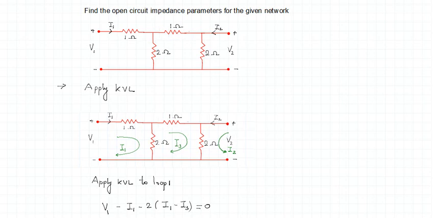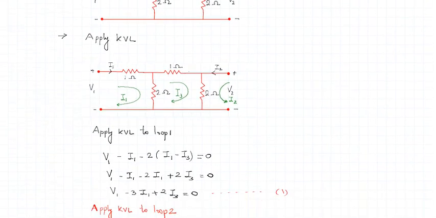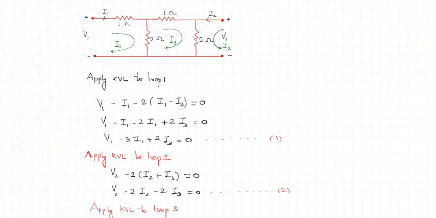So look at the loop assignment that has been done following the currents given in the network. Since the currents given here are I1 and I2, maintaining the same currents, we labeled the loops as loop 1, loop 2, and this as loop 3 having a current I3. So let us apply KVL to each of the loops, first assigning a polarity to the voltages V1 and V2 as shown here.